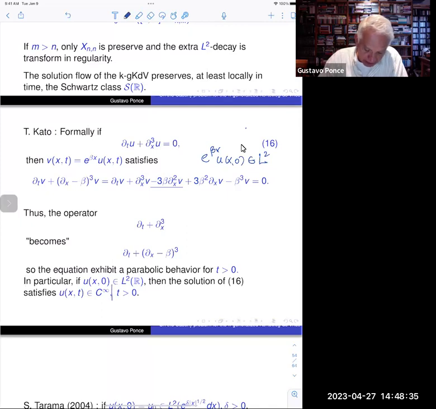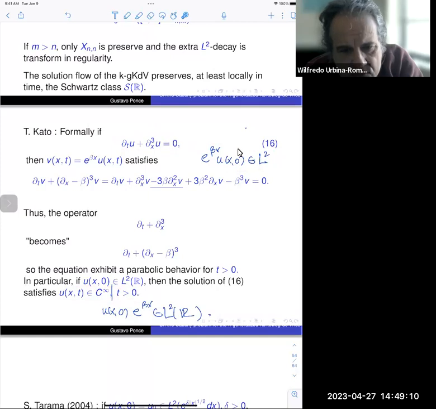Then if u of x0 multiplied by exponential of b of x is L2, then Kato proved that for t positive, because now t is an issue, t has to be positive, because otherwise you will be backward parabolic, then the solution is C infinity. If you solve the linear part of the KdV with data that decays exponentially, the solution is C infinity for t positive. By doing this trick,